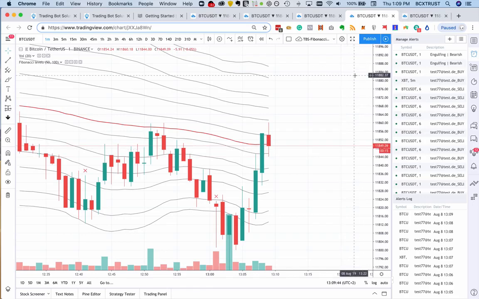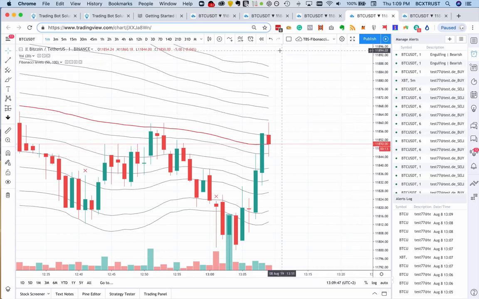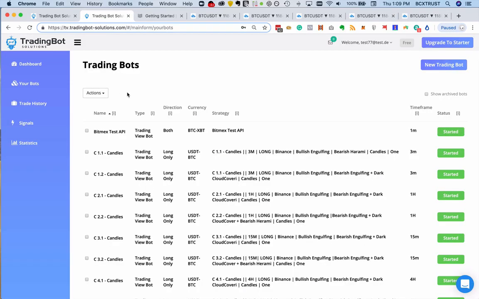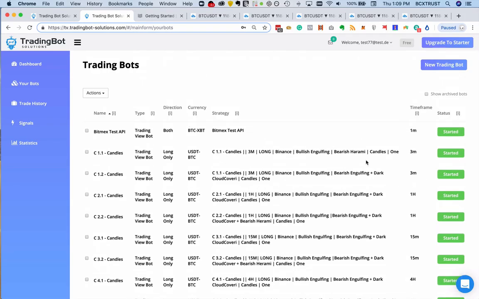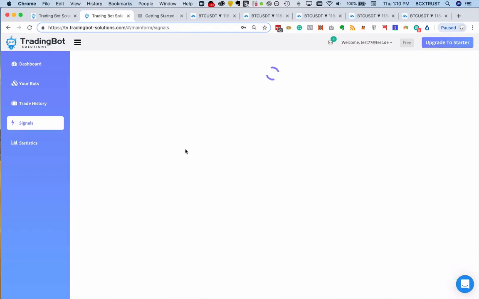So I think we have done enough indicators. And if I go back to the bots, always check if they are started. We start them on default. Normally, if you click on create and start, if you go to signals, you will then see signals coming in. Maybe we have got already some of our test signals coming in,